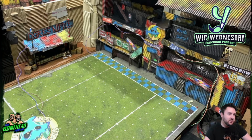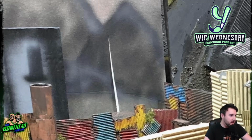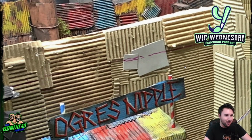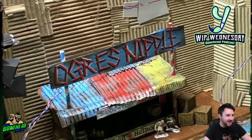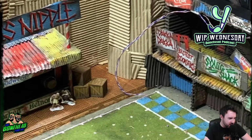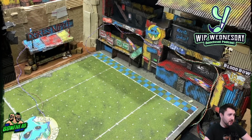Look at this. So we've got an entire stadium here. Okay, I think we can probably hunt down and see that this is corrugated cardboard painted as corrugated metal? Because that's brilliant. And it looks awfully like you've made your own pitch there as well. This is really...